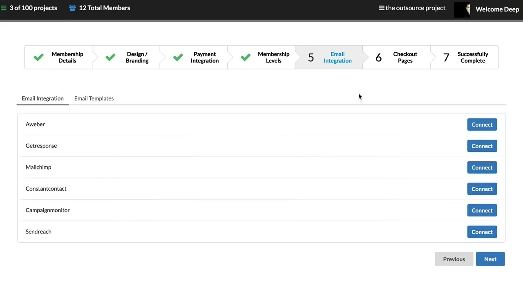And then on step 5 here, you just have to integrate with your email integration. So this is how, for everybody that gets added to your membership site, you can add them into your autoresponder. So we have lots of different API integrations. Then we'll also have the ability to add in just a raw HTML form code if you want to integrate with just any